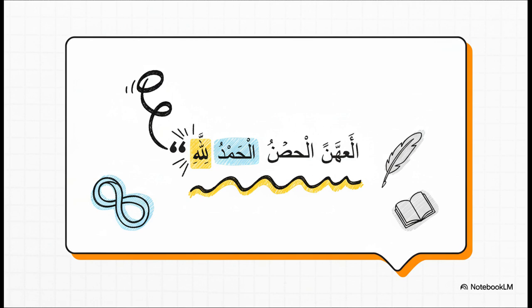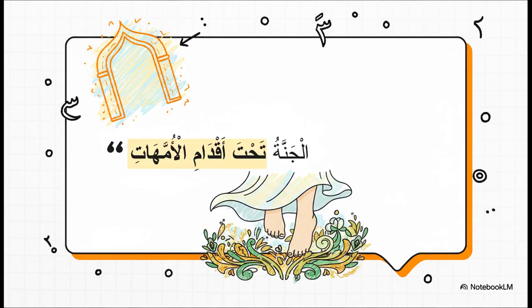A classic example that pretty much everyone knows is alhamdulillahi. The subject is alhamdu, the praise, that's our part in blue. And where is that praise going? Well, the khabar, our prepositional phrase, lillahi, to God, highlighted in orange, tells us exactly that. It completes the meaning beautifully. And for an adverbial phrase, just look at this beautiful saying, al-jannatu tahta aqdami al-ummahat. The subject is al-jannatu, paradise, in blue, and the information, the khabar, is that whole adverbial phrase of place, tahta aqdami al-ummahat, under the feet of mothers, which you can see there in orange.